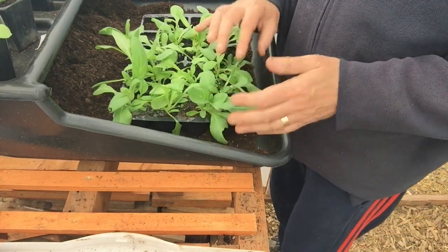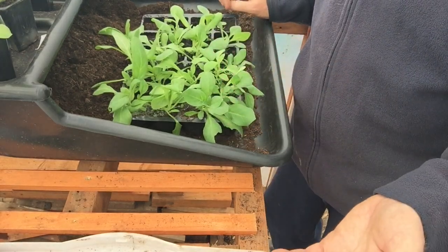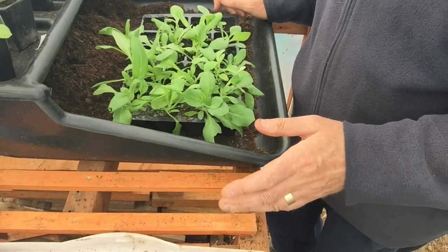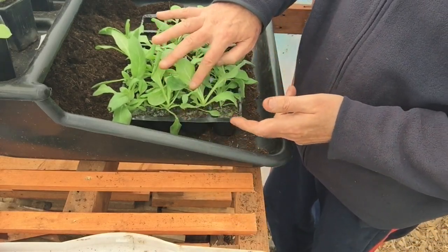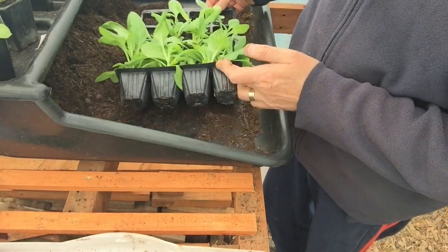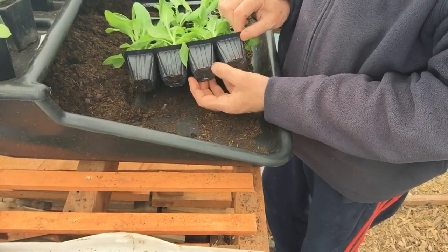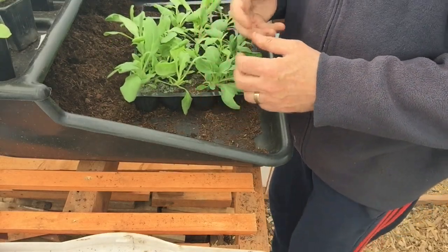Now, as you can see, the petunias in this cell tray have grown considerably since we pricked them out, as you've just seen. This is typically 4 to 5 weeks after the pricking out stage, and you can see that they've been growing very well. They're nice and healthy, but you have to think about transferring them because the cell is only a certain size. It's only got a certain amount of soil,